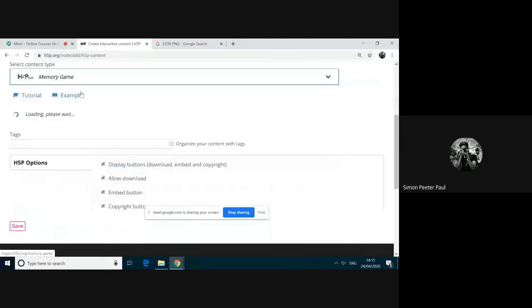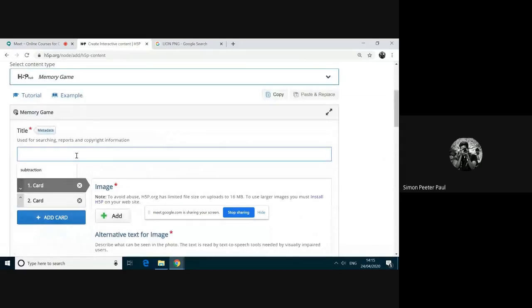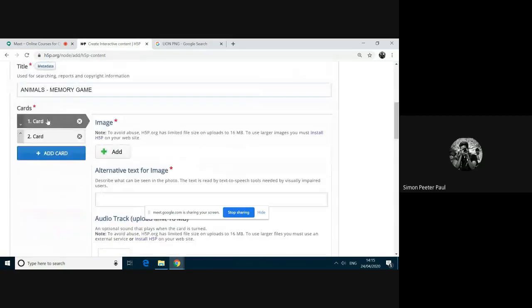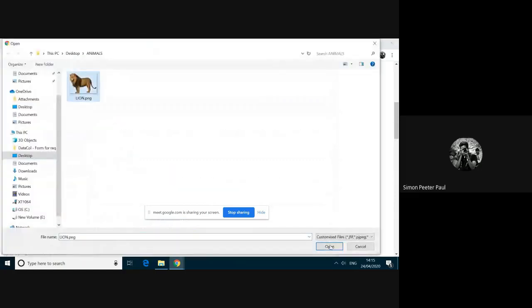I'm clicking this one, and then the title I'm adding animals. For my reference, I'm adding this memory game title, this tool name, and then for the code, I'm clicking this add button. I'm selecting this lion.